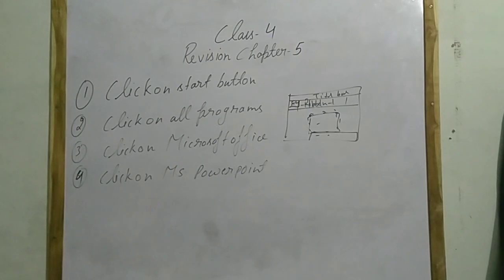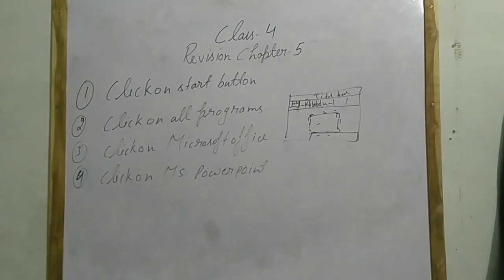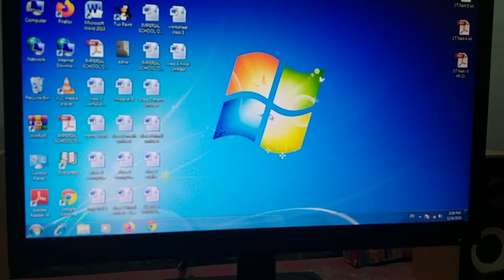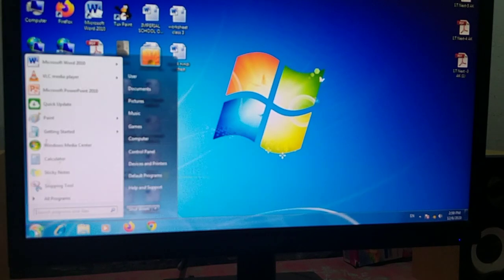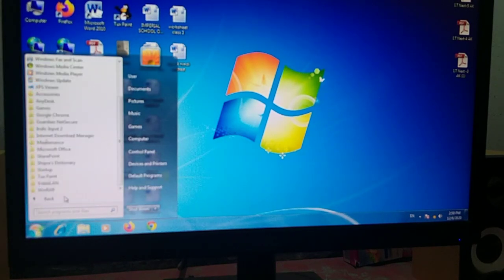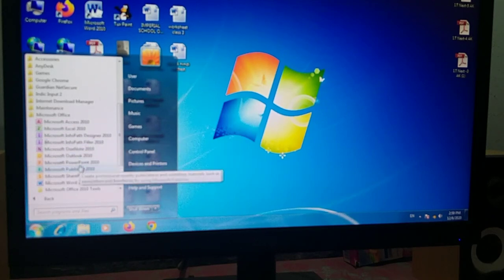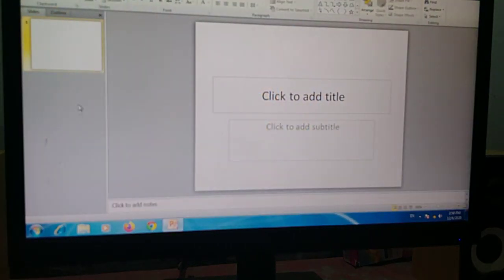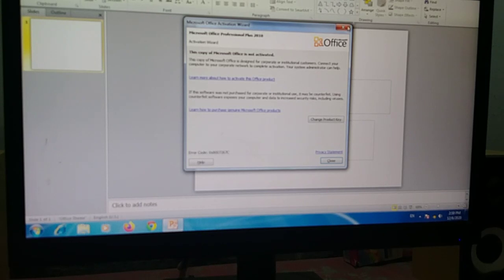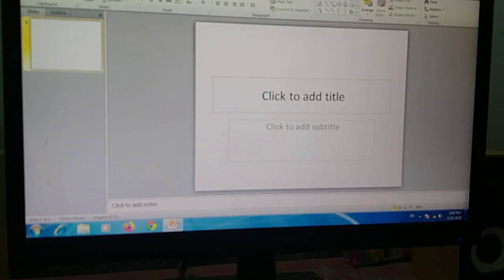Okay, when you are working in your system and you have to see all this in your practical, then how is it. Okay, now let us see first of all starting MS PowerPoint. First of all, you have to click on start button, then all programs. After that, Microsoft Office, then your Microsoft PowerPoint. See, the PowerPoint has been open here. This is the way you can open a MS PowerPoint.